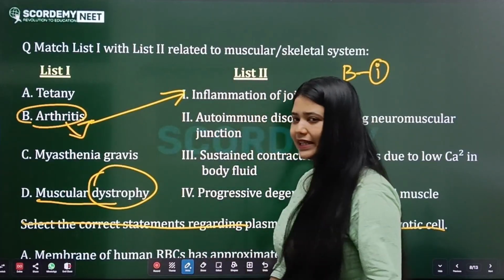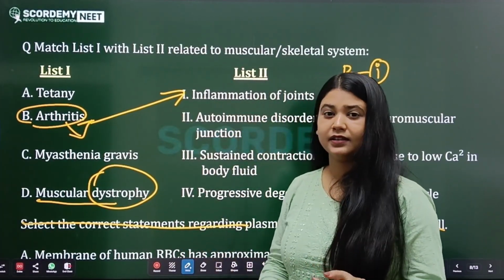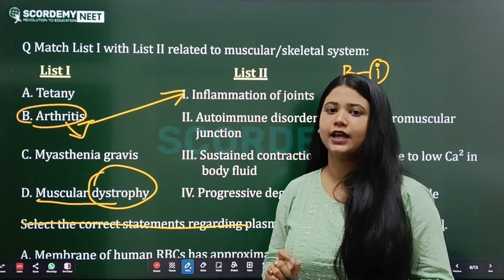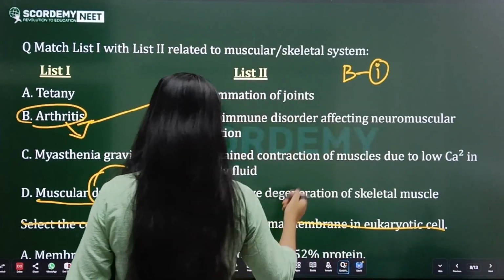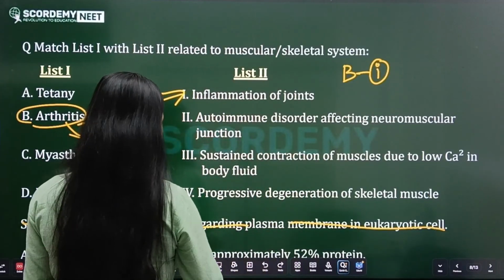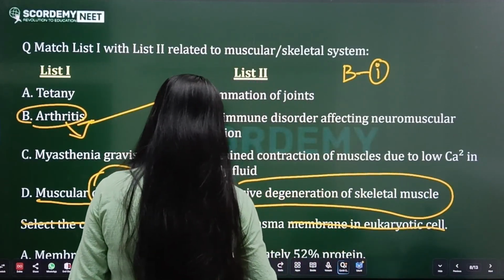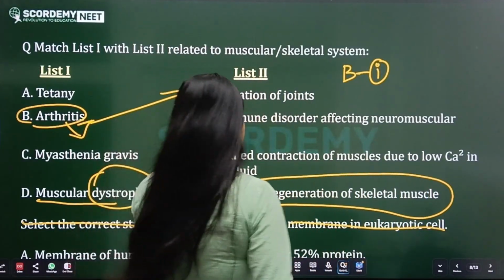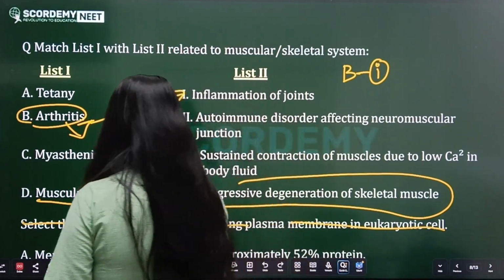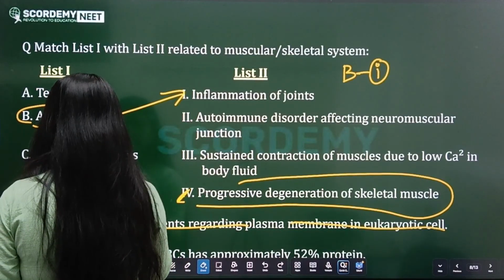Again, from the term dystrophy itself you can easily guess. Dystrophy means disfiguration, something that is not in its normal shape. So what will muscular dystrophy be? It will be progressive degeneration of skeletal muscle. This option will be the correct one. Sometimes you may get an answer like this even if you don't know it. I am assuming that